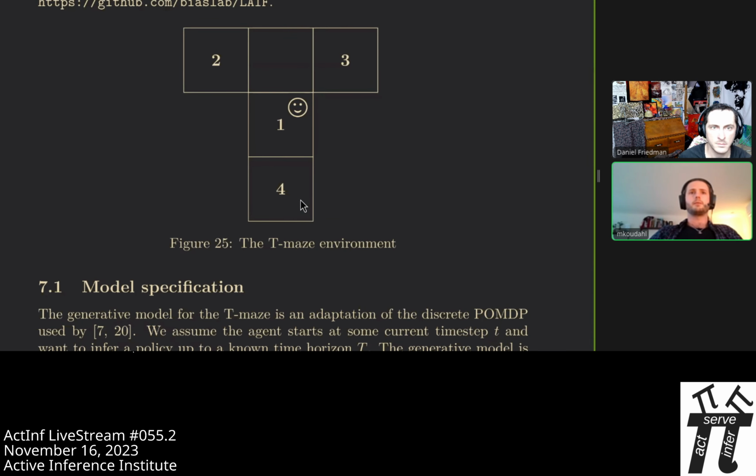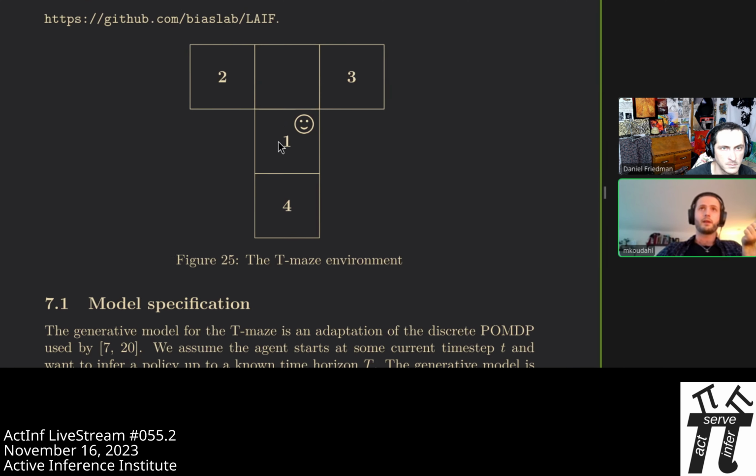So this is the T-maze environment, and this is the repo where you can find the code. In the T-maze environment, the agent starts in one of 4 positions, which we labeled 1, and it's designed to simulate a rat looking for cheese in a maze. There's a reward at either position 2 or 3, so either one of these arms. The main point is the agent doesn't know which arm has the reward. To learn that, it needs to go to position 4. Position 4 has a cue that tells it whether the reward is likely to be to the left or to the right.